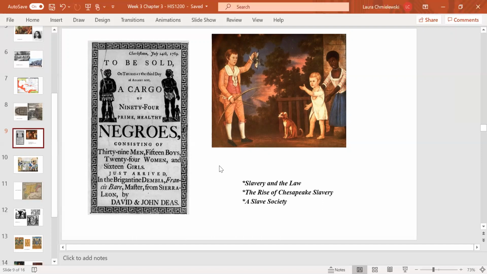What types of work did slaves do in a slave society, which is a society where you can find slavery everywhere? Slaves did everything, ranging from being master artisans, still enslaved, but people who created fine furniture, beautiful textiles, who were skilled musicians and entertainers, who were hairdressers and stylists, if I can use a modern term,